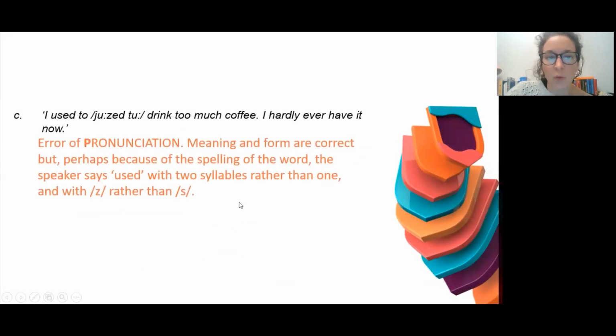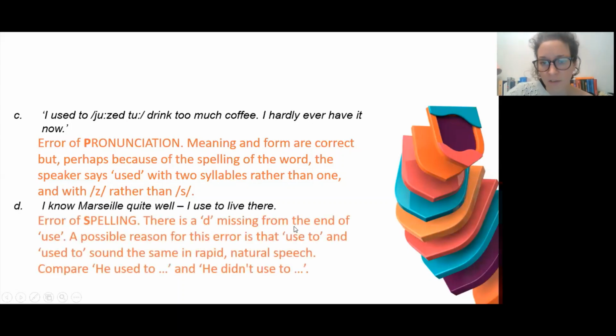Then we have errors of pronunciation, and it was a bit difficult for you to explain what would be right because it's not something you can spot in writing. But looks like the student would say use it to go, or something like this. So this is an error of pronunciation, and we usually drill it together with the form or already while practicing. And error of spelling, right you are, that was the sentence D.